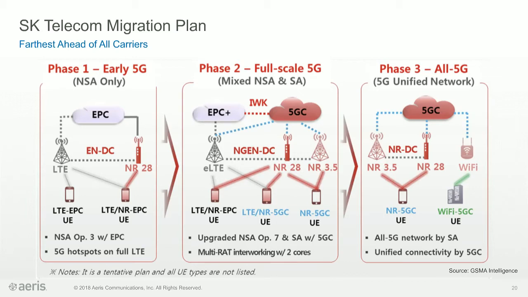both the 4G networks and the 5G networks being supported by the same EPC core, which is required for 4G, using a 28 gigahertz system. They will go to a phase 2 network, which will be a full-scale 5G deployment, where they will have a mixed non-standalone and standalone network in various parts of the country, eventually leading up to a phase 3 all 5G unified network, where whether you have a 4G device or a 5G device, it's all supported under the same unified network for 5G. Now that's going to be a number of years away, obviously, but this is their migration path,